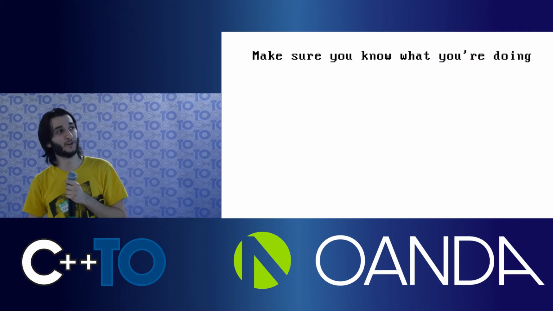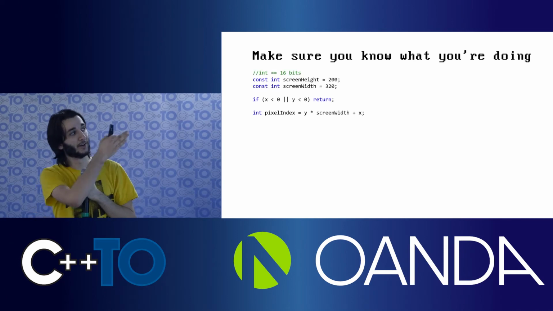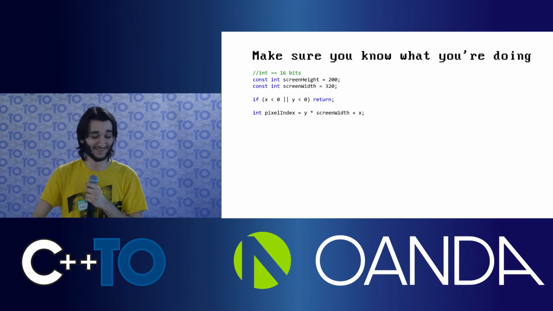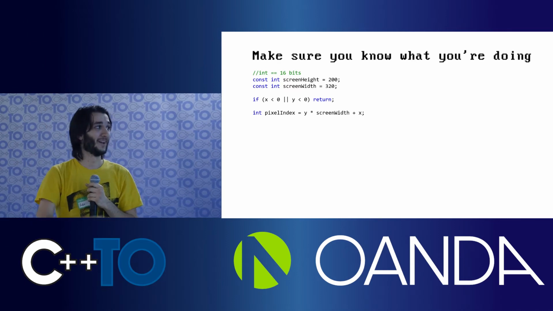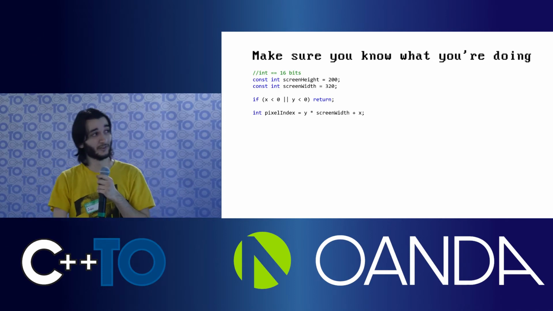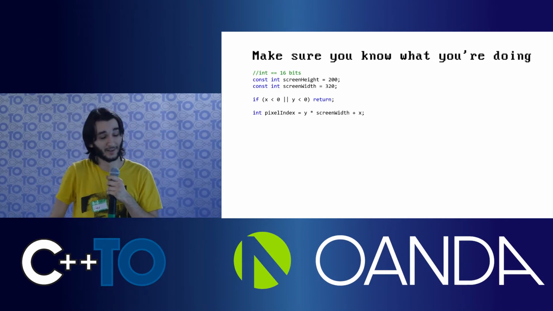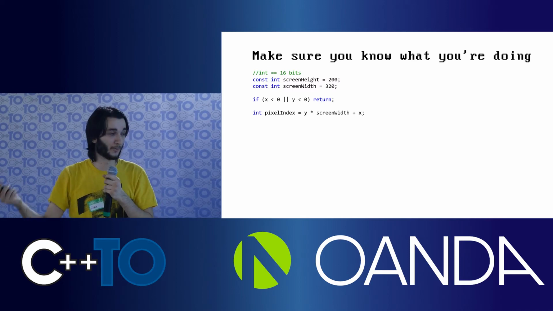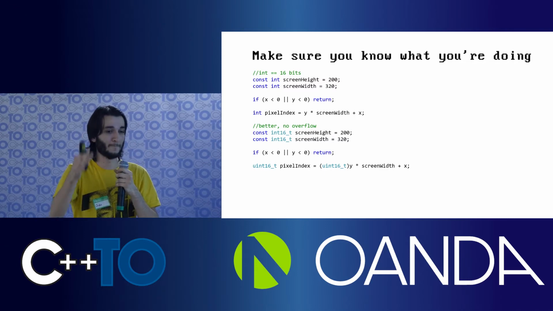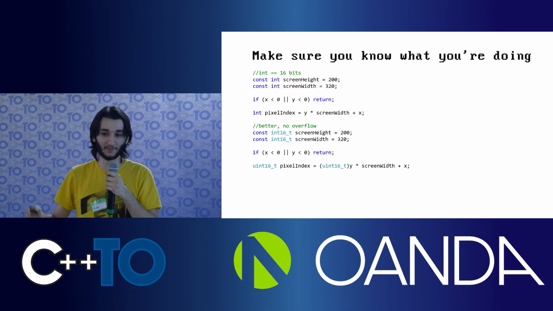To make sure you know what you're doing, let's take a look at this. This is a piece of code for plotting a pixel on the screen. It's a little contrived because I don't want to have to explain some stuff, but anyway. An int on the 8086 in most C++ compilers is 16 bits. Does anybody see what is wrong with this? If you guessed that it overflows, you're correct, because when you multiply those things, it ends up exceeding a